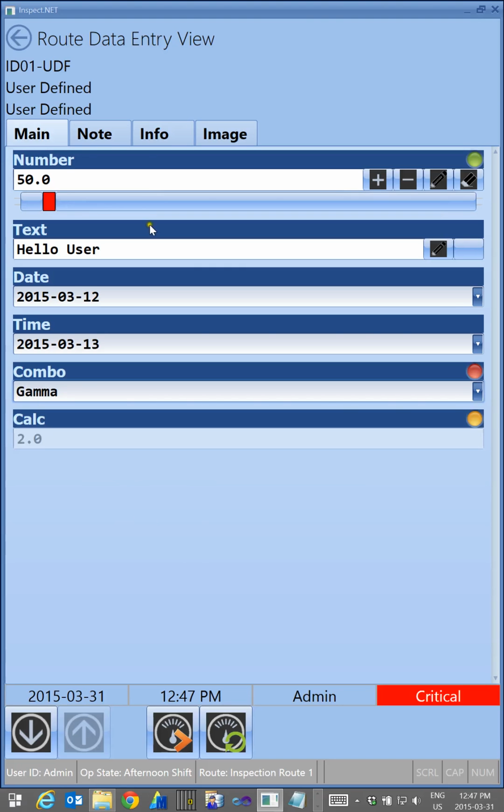Also, you will notice the little LED lights on the side. So for example, if you see that your item is in critical, so this is especially useful for user-defined forms, you can actually see which one of these items has put the entry into critical. So for example,